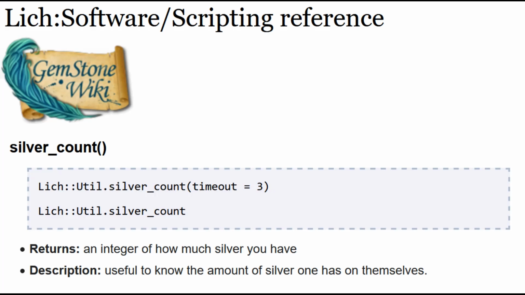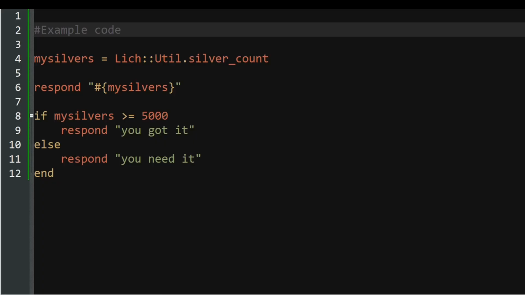Using that Lich scripting reference page, I know there's a command called lich_util silver count that shows what coins are in your character's pockets. So I would create a local variable, set the value of that to the lich command, add debugging to verify it captured the right amount, and then do a check against that number. If it's over 5,000, no need to go to the bank, but any other condition requires you to go get